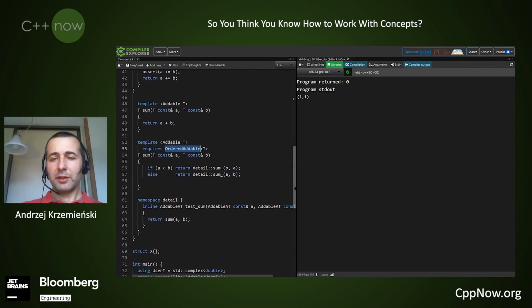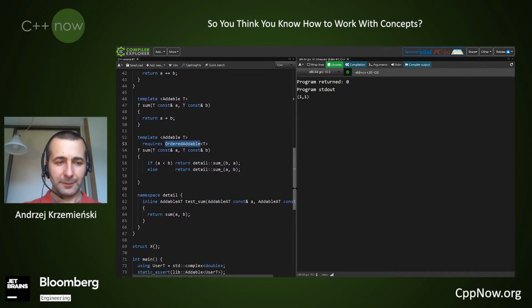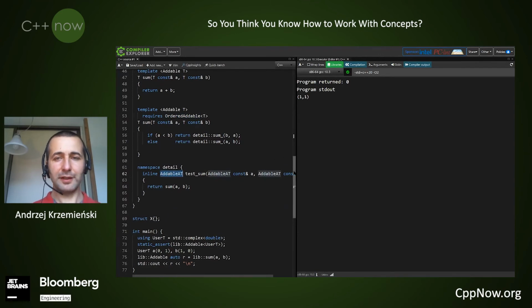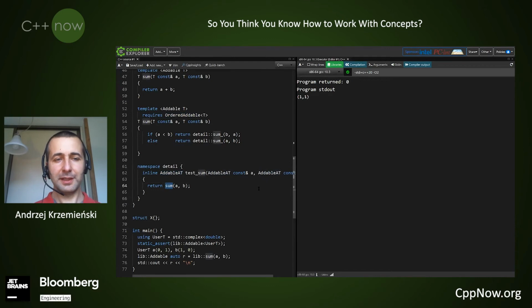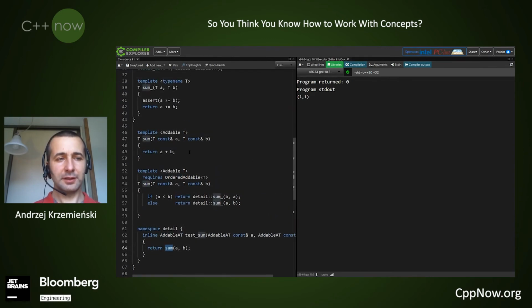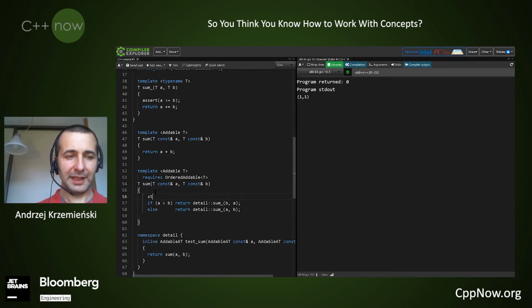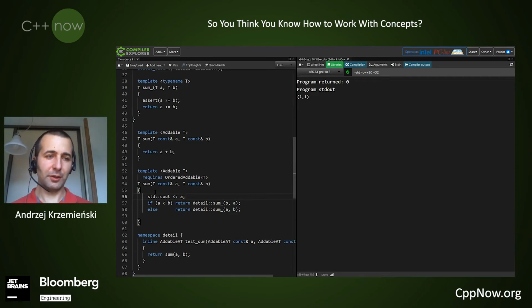But we are no longer actually testing our implementation, because our archetype is the minimum requirements. So if we try to call function sum, we will only call this basic overload, and the test will never detect if by accident we use some operations on T that don't belong to the required interface.